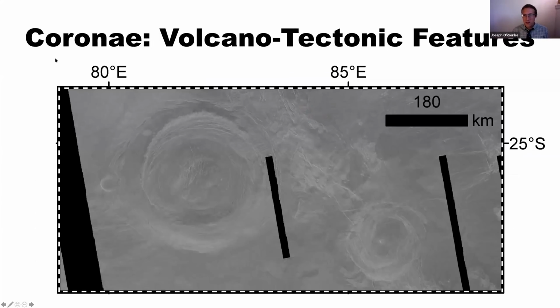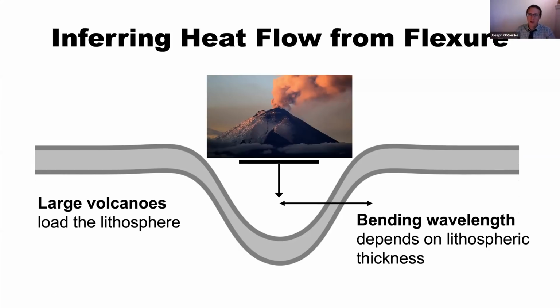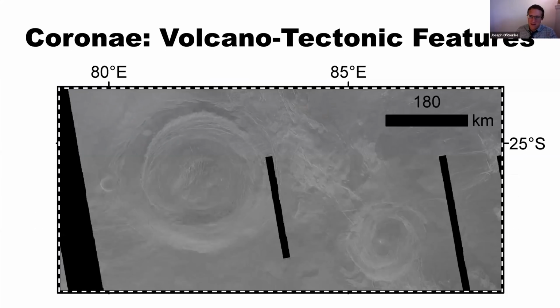So this has been done, and it can be done pretty well for the Hawaiian Islands on Earth, which are just big seamount volcanoes. So the challenge is to find sort of analogous features on Venus. Something I've looked at a lot are these enigmatic volcanotectonic features that are called coronae. Corona, as we all know now, means crown. So these geologic features are defined by this annulus of concentric fractures. They have a bunch of different sizes on Venus. So these are sort of some mid-sized coronae, but they range from about 60 kilometers in size all the way up to 2,000 kilometers. The largest feature on Venus is Artemis Coronae, which is one of these oddballs.